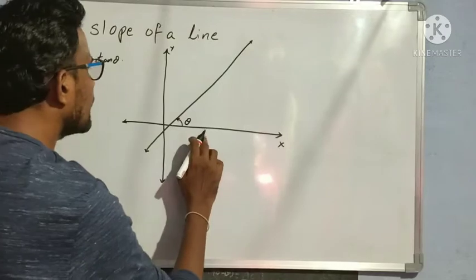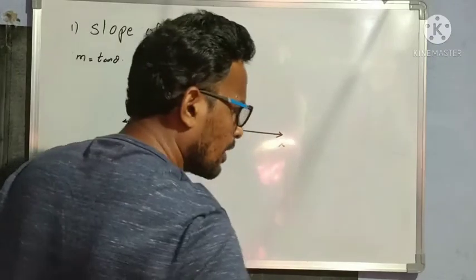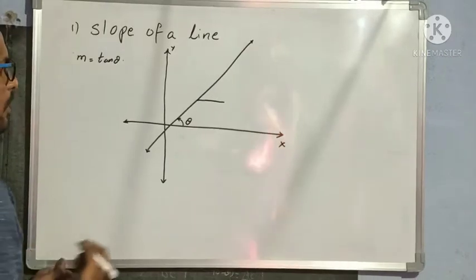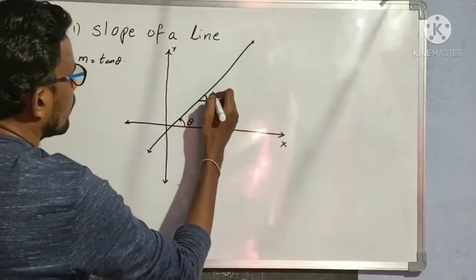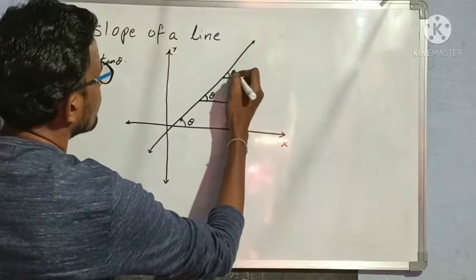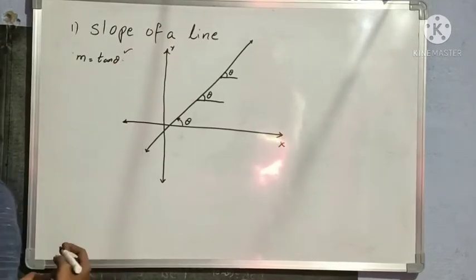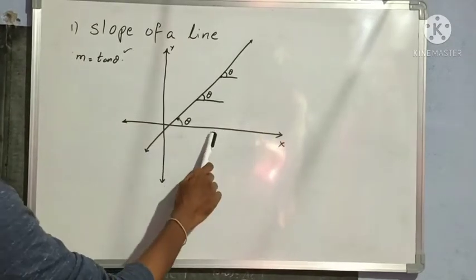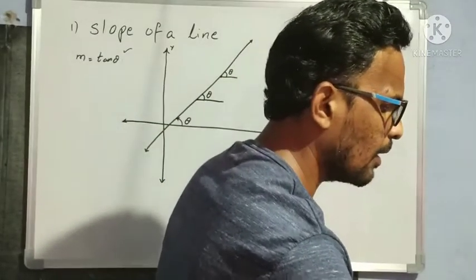Is this theta, is this tan theta same at every point or not? Let us see now. Suppose I am taking slope of the line at this point now. Will there be any change in the angle? Because no change in angle of inclination, there will be no change in angle theta here. Wherever you take on this line, the angle will be same theta. Understood? That's why if you take tan theta, tan measure of that angle theta, then we will get the slope of the line. This is how we have to find out slope of a line. Is it clear to everybody now? This is about slope of a line.